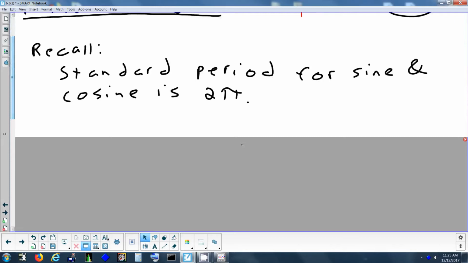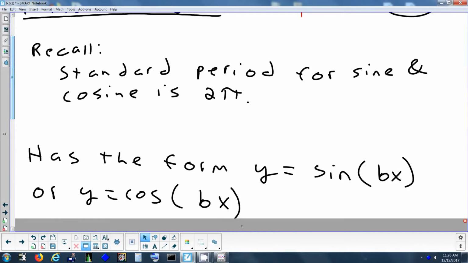So now when we do a stretch, what operation is it? Is it addition or multiplication? Stretches are always multiplication. Shifts are always addition or subtraction. But we already multiplied in front. That was outside. Now we're going to multiply inside. So this is the difference between 2 square roots of x, which is a vertical stretch, and the square root of 2x, which is a horizontal. And remember, with the horizontal,